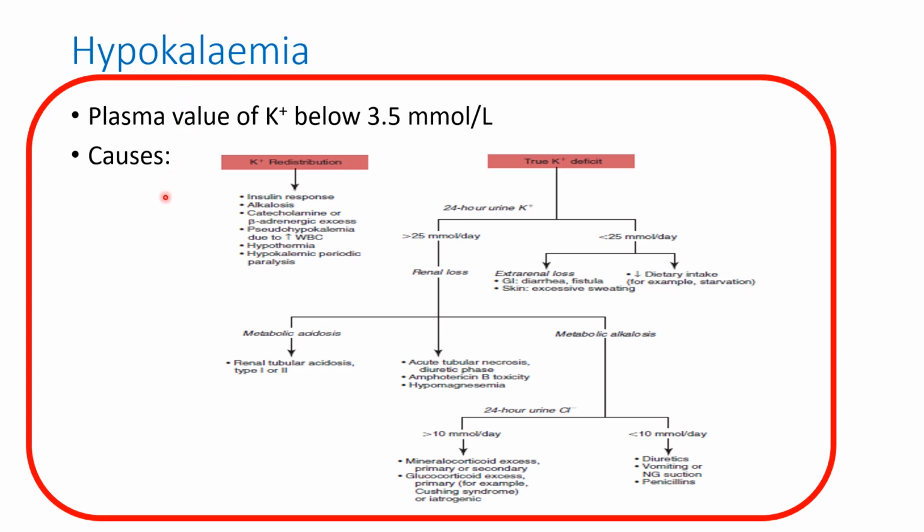The next item on this list is hypothermia. And hypothermia has been found to generally increase the uptake of potassium by cells, especially muscular cells. So when there is hypothermia, there is an increase in the uptake of potassium, which can cause a temporary reduction in the circulating level of potassium. The last one is hypokalemic periodic paralysis, which is a genetic condition that is involved in temporary reduction in the level of potassium in the body, and then is associated with temporary paralysis of the body.